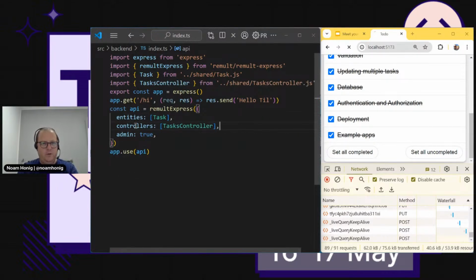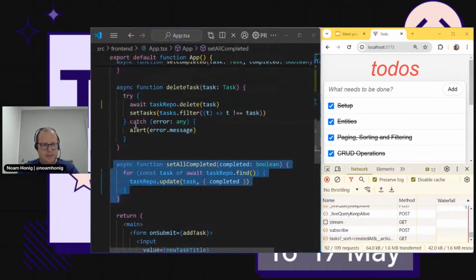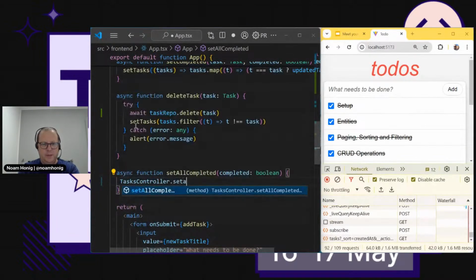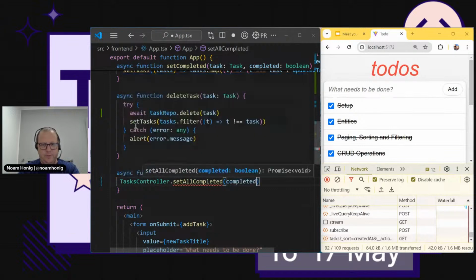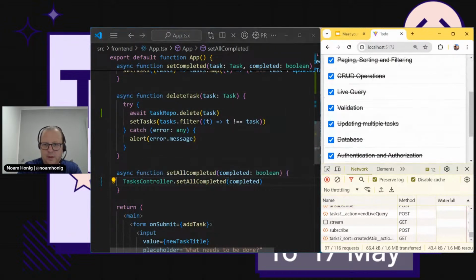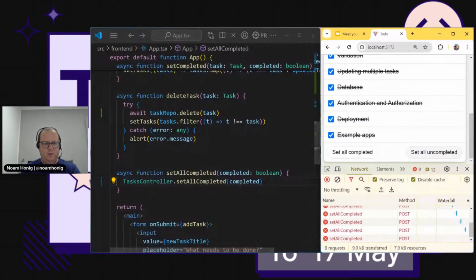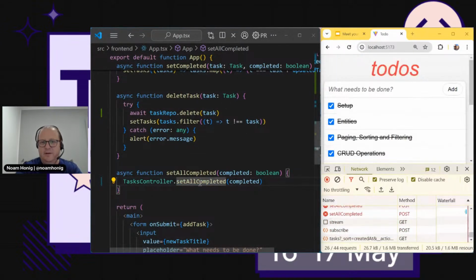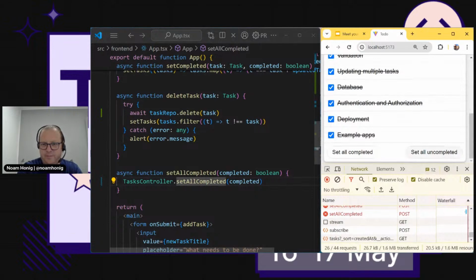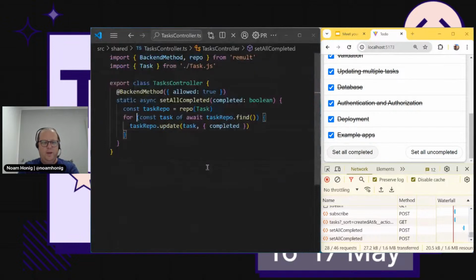And in our front end, all I need to do to call this is simply say task controller set all completed with the value. So now, let's clear the network tab. We can see that I've made an error. Probably forgot to save something. Let's see. Ha ha ha. Let's see what I've forgotten. I forgot to do an await here. And now